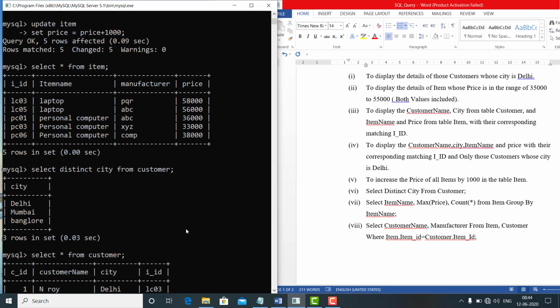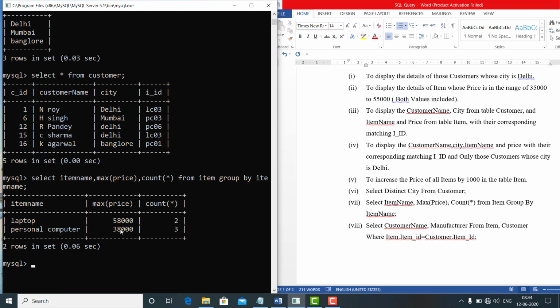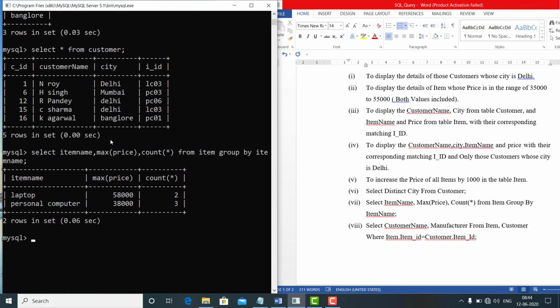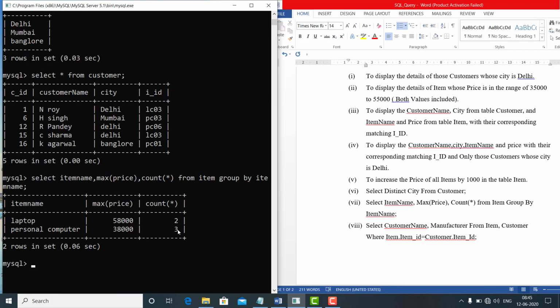Once more we can also check with the item table. How many personal computers? 1, 2, 3. So it shows 3 personal computers. Laptops, how many? Only 2 laptops, so it shows 2. In laptops, which one has the maximum price?